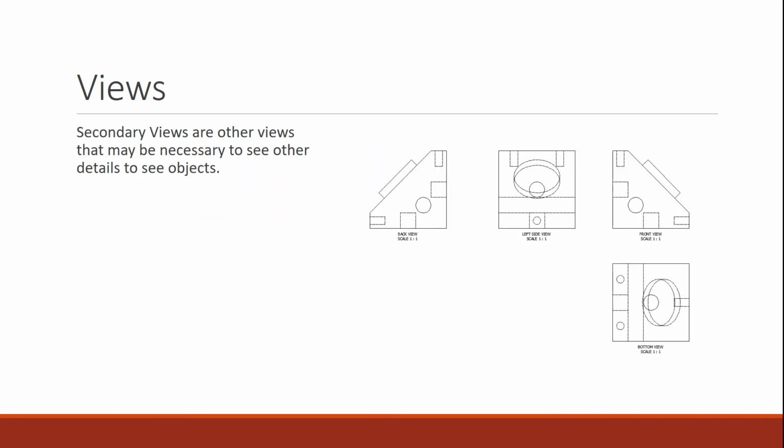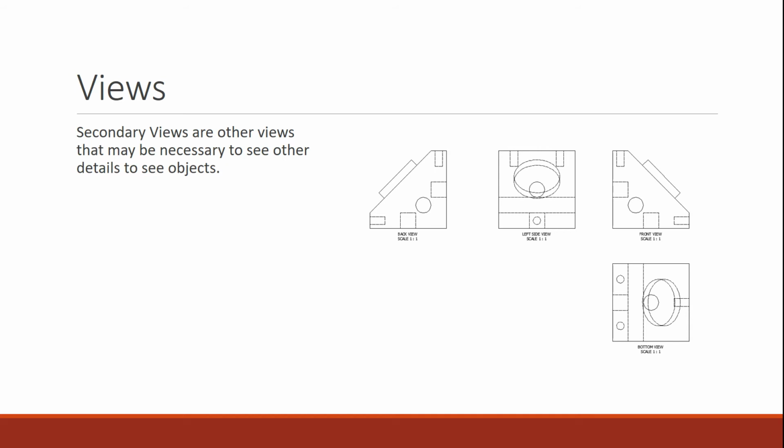Okay. Our secondary views are going to be all the other ones. So I will have a bottom view. I can also have my left side view, and I can have a back view. Now, the reason why these are not part of the primary is because basically I can cover everything I need to know in those other views, but you can use these views if you have something that you want to show. But you're going to have to project off of it and show that it is the correct one